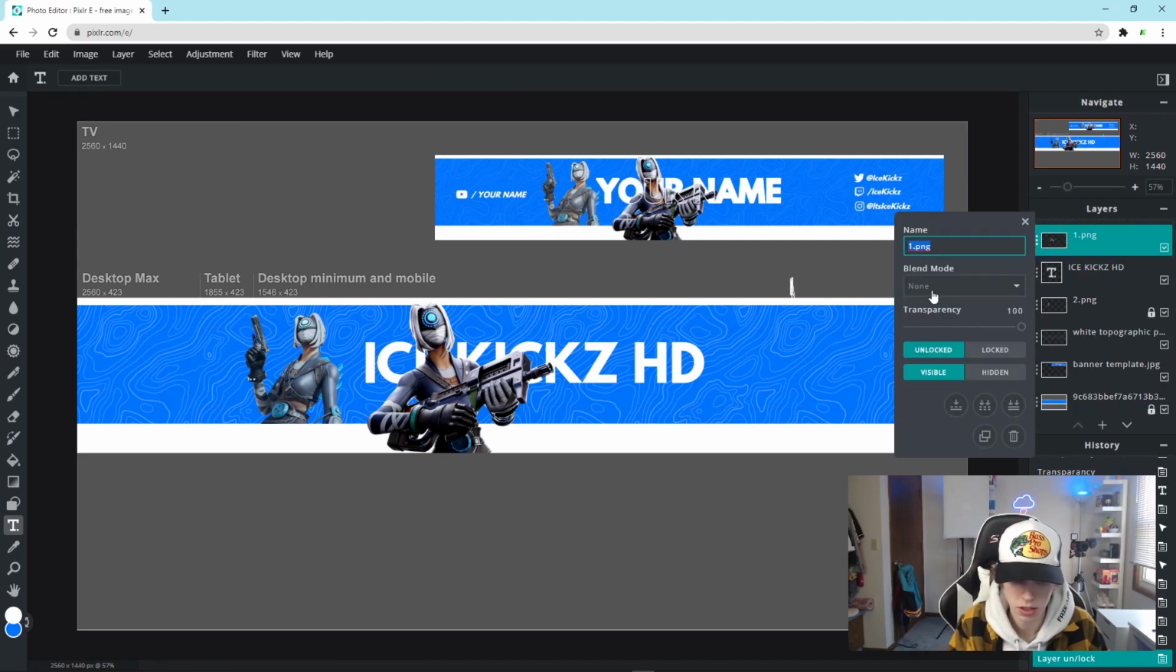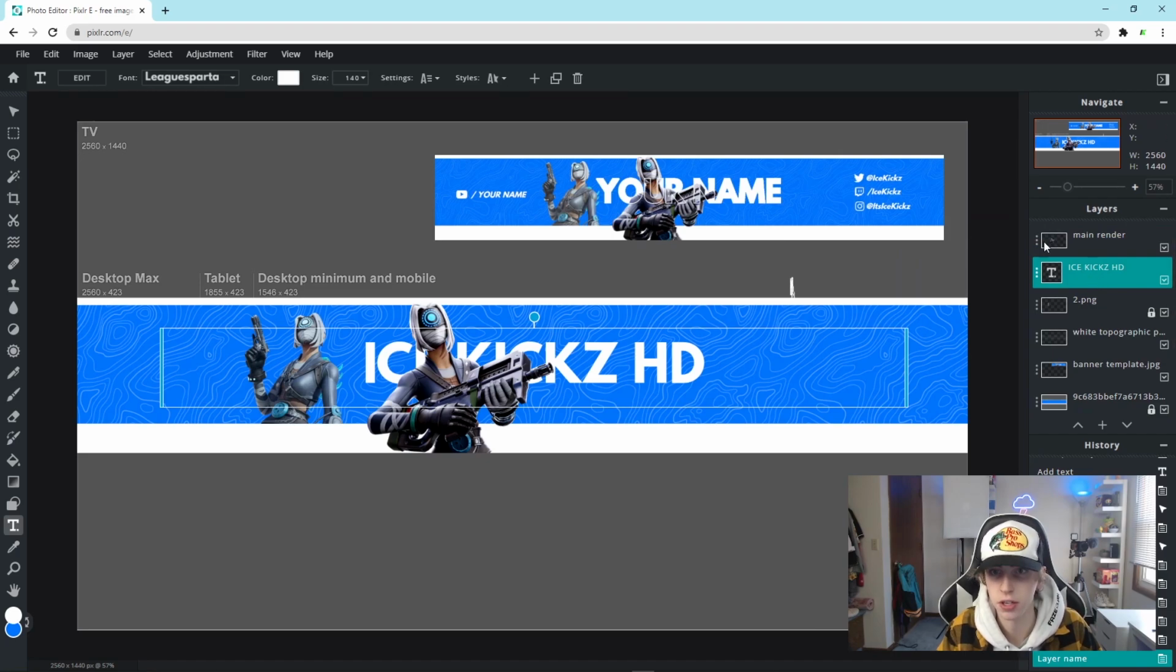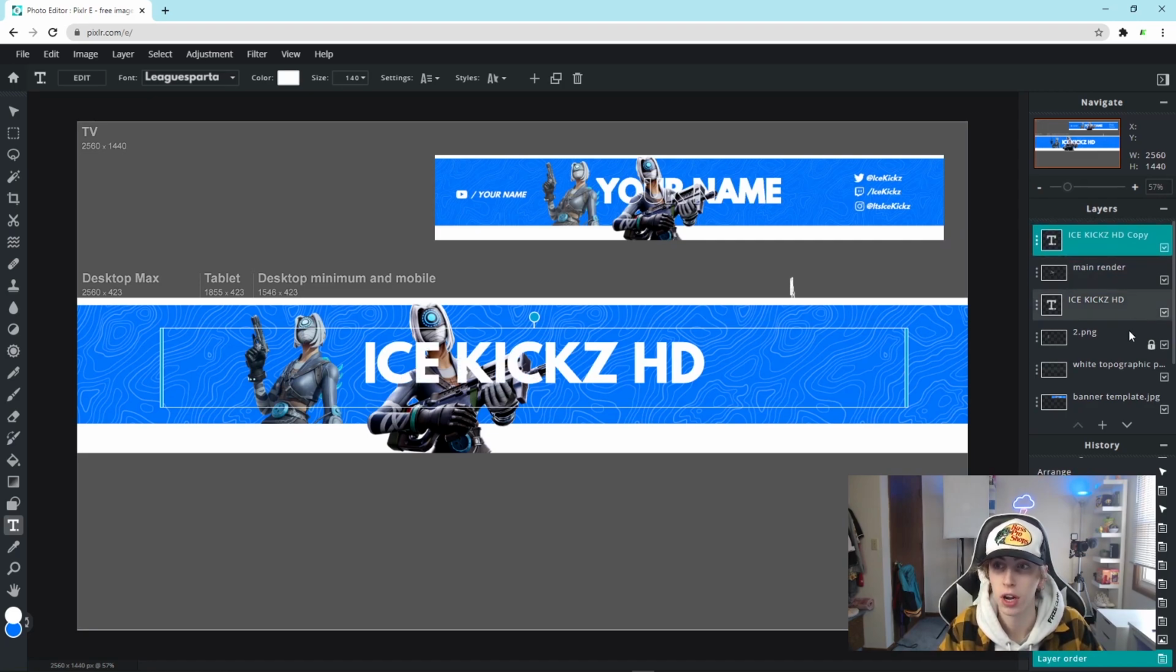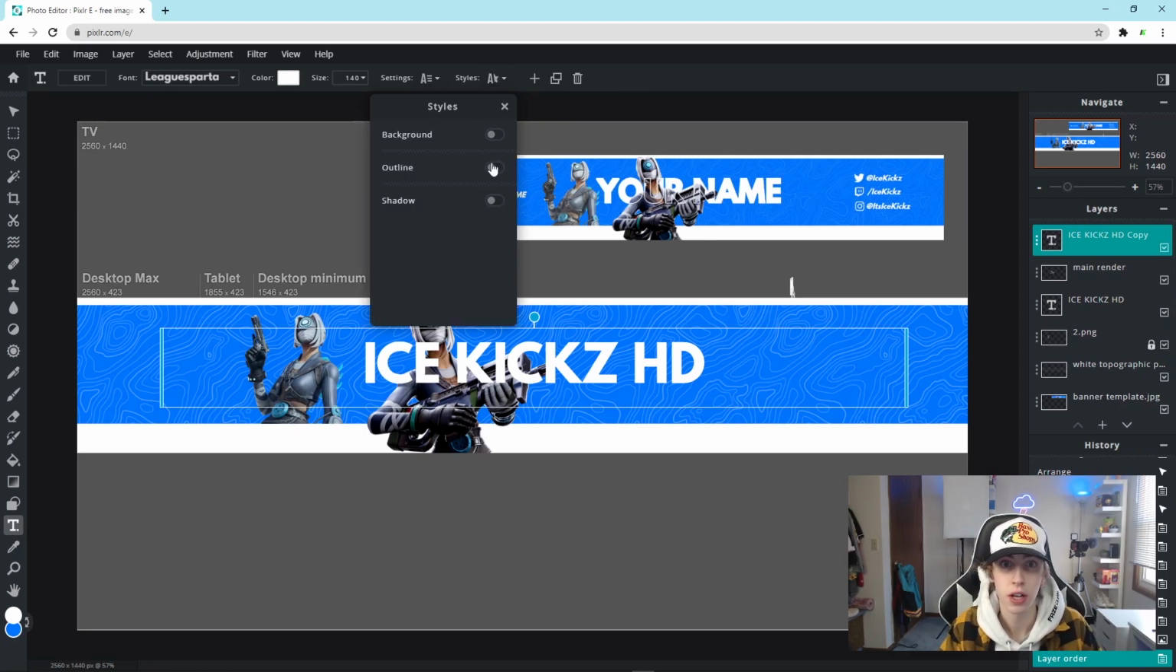We can rename this to main render, so we know what we're working with here. Main render, and then we have a text here. So now we're going to click on these three dots and hit duplicate layer, and drag that duplicated copy layer right above the main render. So now, as you can see here, we have a text layer below and a text layer above the main render. Now we're going to go to the text layer above, and go to styles, outline,